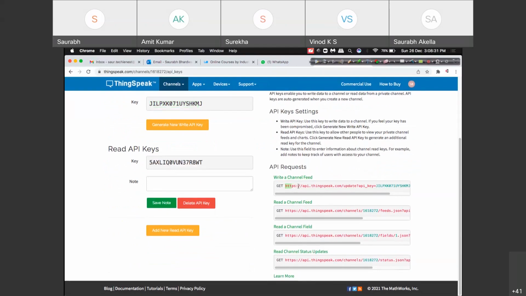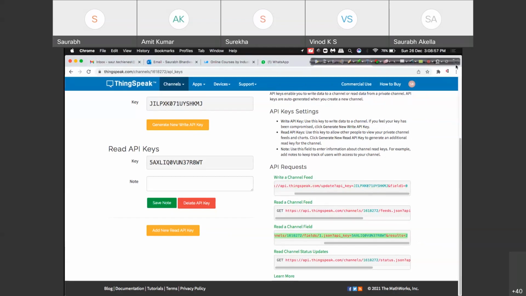links, right? So this is what you have, API link for writing your data, and this is what is for reading your data. Okay, so whatever will be available on the cloud can be read through this API link, and using this link you'll be able to write something. Okay, so let me first of all show you how to actually test whether these APIs are working or not. So let me tell you that.